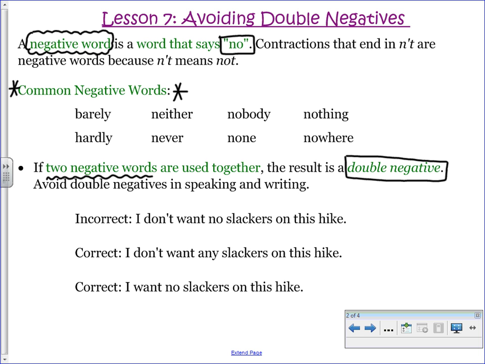So I have an incorrect example here that says, I don't want no slackers on this hike. If you look here, the contraction don't and the word no are two negatives. So instead of using both of those, you can do one of two things. The first correct way to change it would say, I don't want any slackers. So instead of no, we used any. And then the other way that you could change it is to say, I want no slackers on this hike,